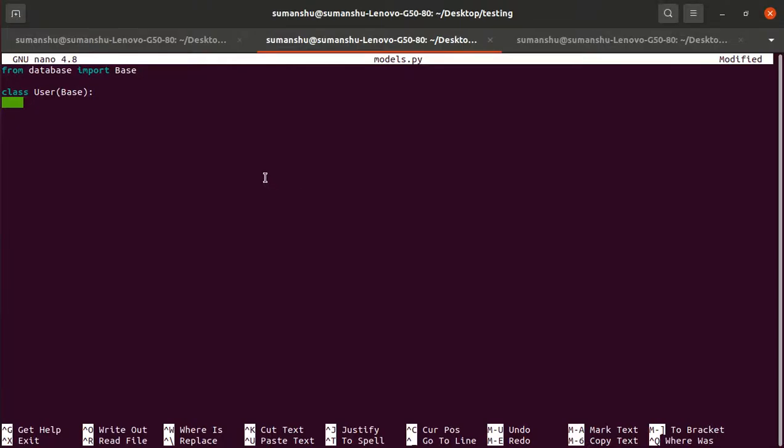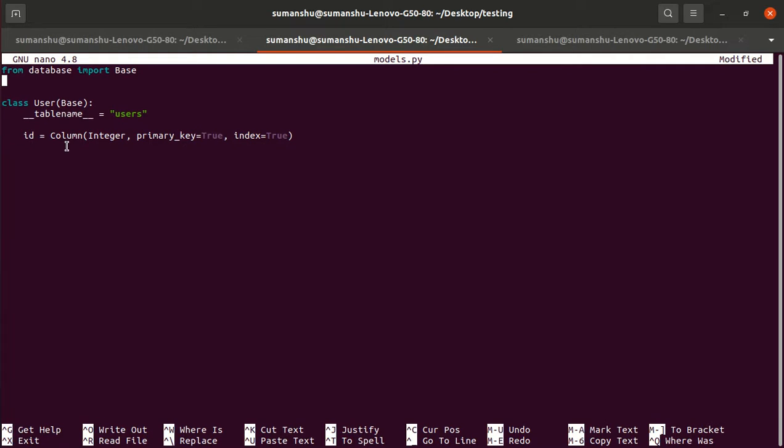Okay, so we will define __tablename__ as users. Now we will define the id column. The id column is Integer, primary_key equal to True, and index is also True.